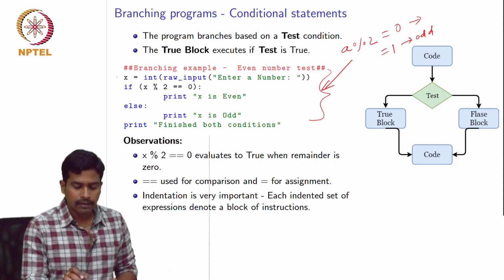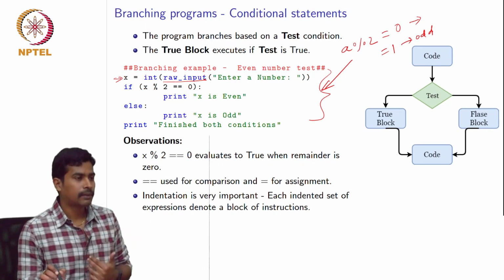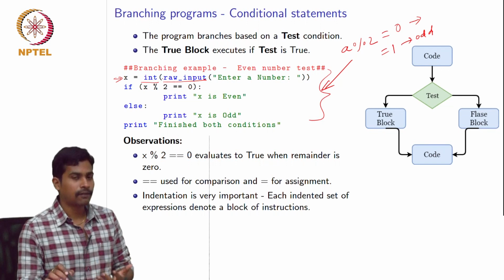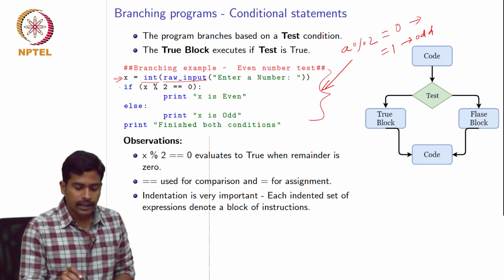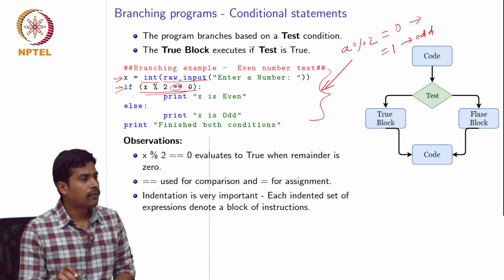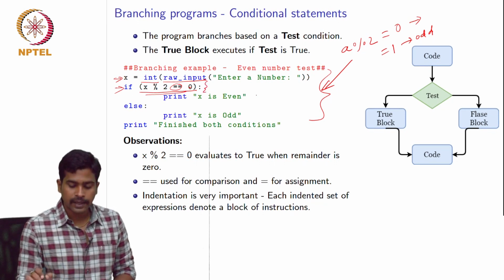So here what we are doing is we are using the raw_input command to take the value from the user, and we want to convert it into an integer here rather than a float like before. And here we are using an if statement. In this if statement we are calculating the percentile, and the output we are comparing with 0, and if it is true, as I have said before, there are no open and close braces in Python.